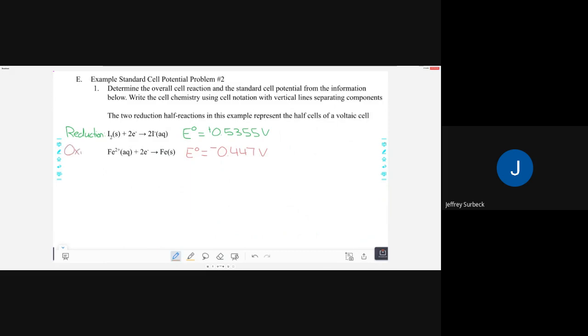All right. So now that sets us up to be able to easily calculate what is our standard cell potential. So if you remember from yesterday, we said E cell, the standard cell potential, is our cell potential of our reduction reaction minus the cell potential of our oxidation reaction. So we just plug these numbers in just as we see them above, and we are going to start out with that positive